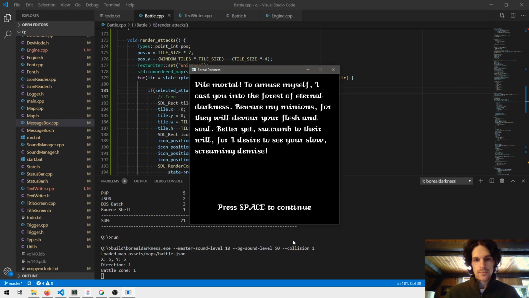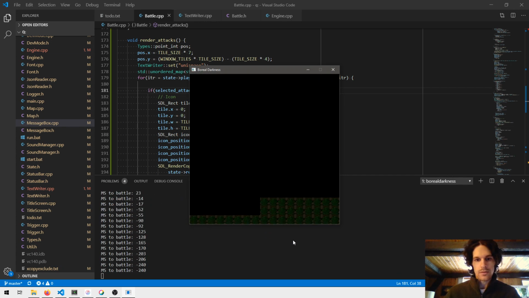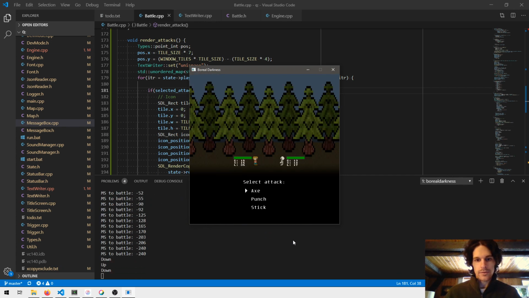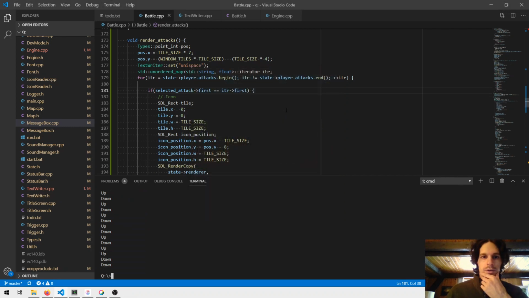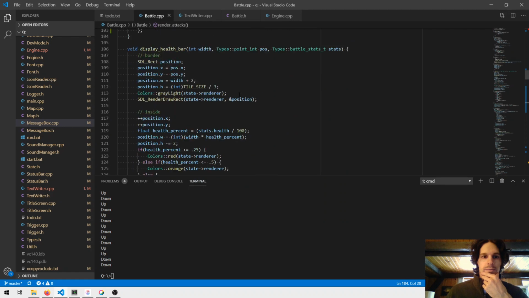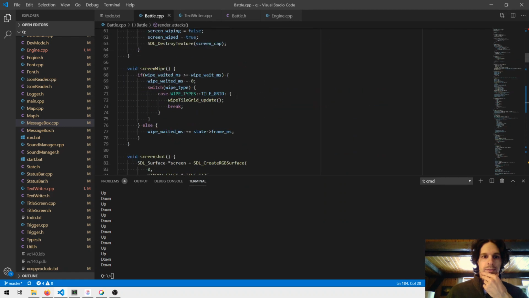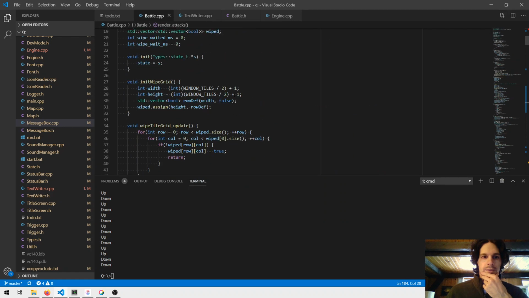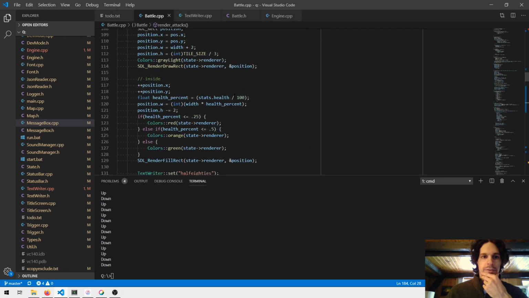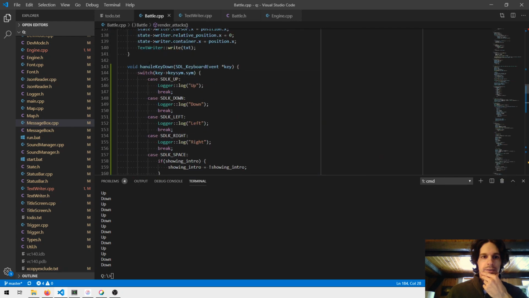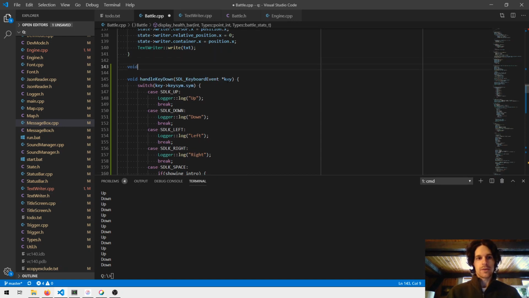Which they should. Right, so X is still selected. Now in our up and down, I'm sorry, I just passed over that. Here it is. In our up and down, we essentially want to do the same thing in both of those, just different directions. So we can make a function to